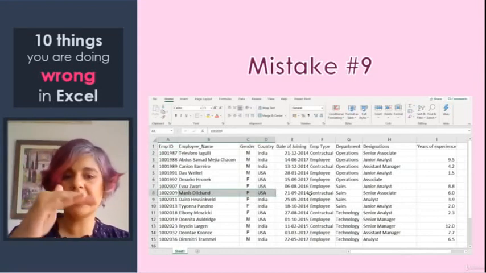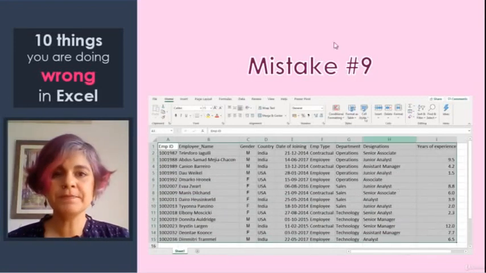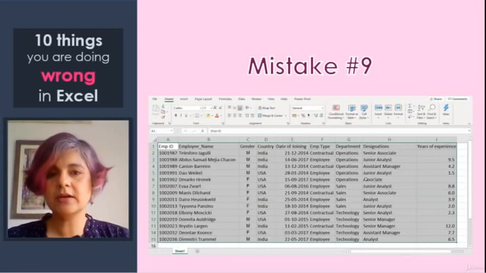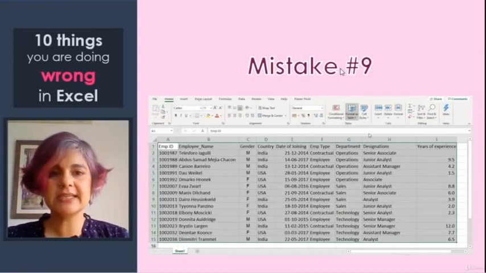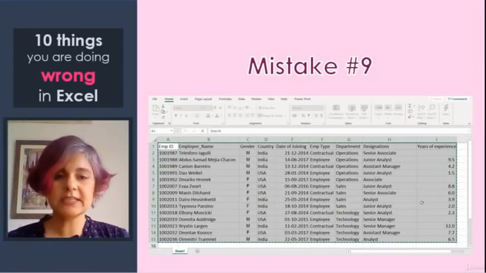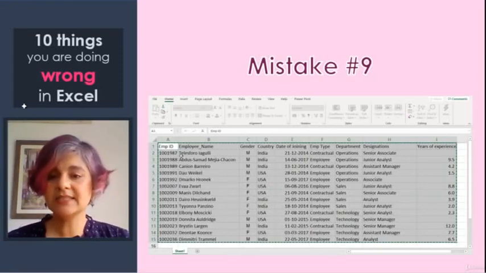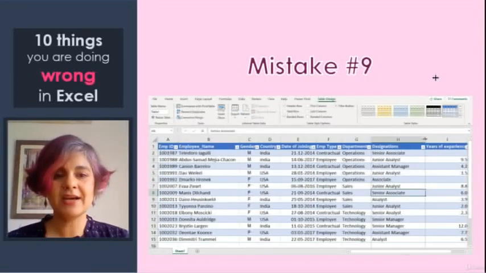An easy way to fix this is to just select your data, and you can either press Control T, or you can say Format as Table. And let's pick something which is easy. How about this one? When you click on that, it will ask you, where is the data for your table? That is the selection that I've made over here. And then I'm telling it that, yes, my data has headers. So I say OK. And now you can see that my table has been formatted beautifully.